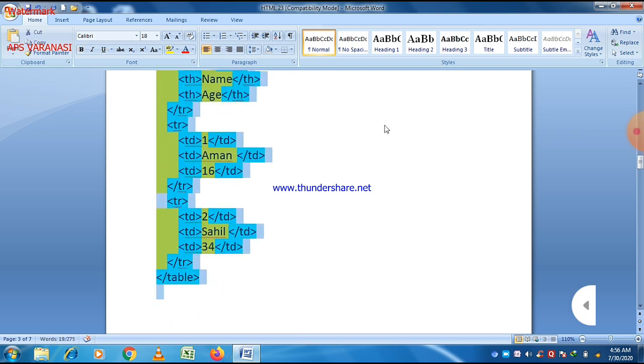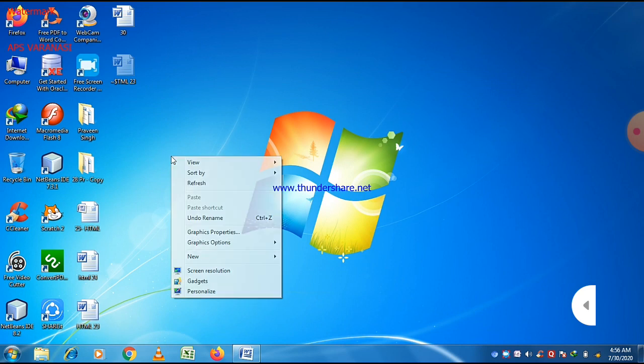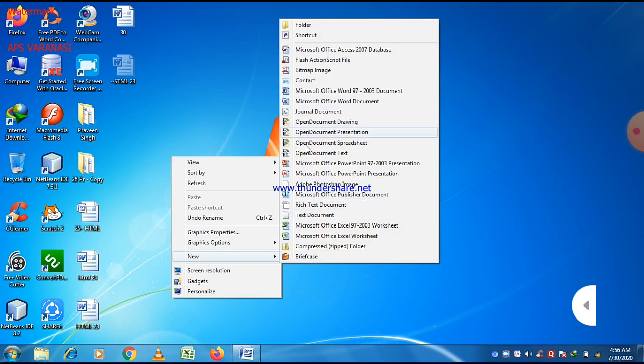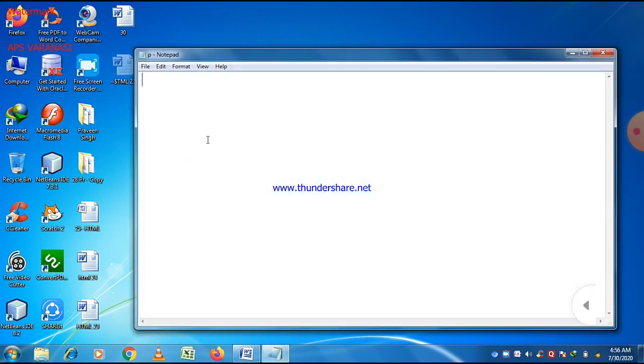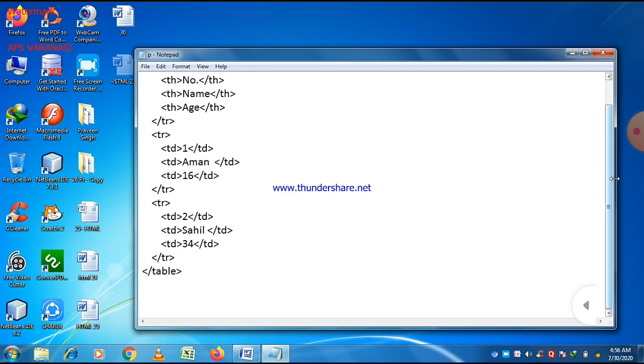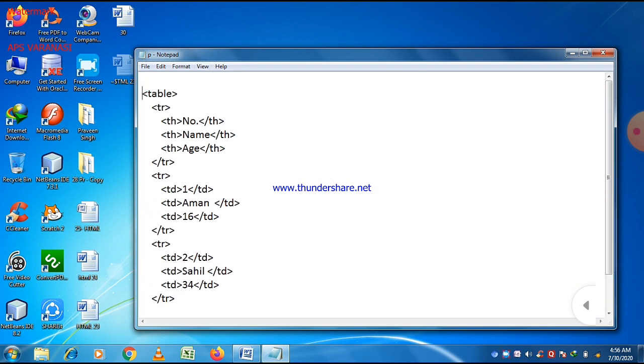You can use th for table header and td for table data. So there is a small program, a text file here, and its name is p. I just write a name as simple as possible.